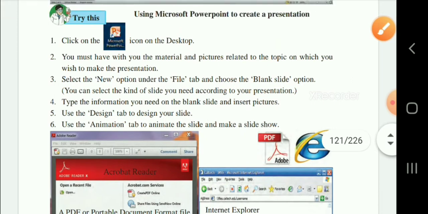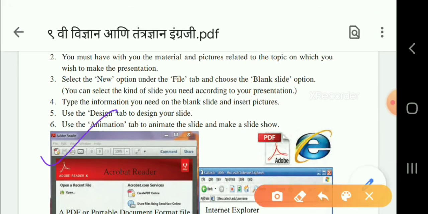Then we can see this is the PPT, and the full form of PDF is Portable Document Format, which can be used to view the file, to print it, or to handle files.